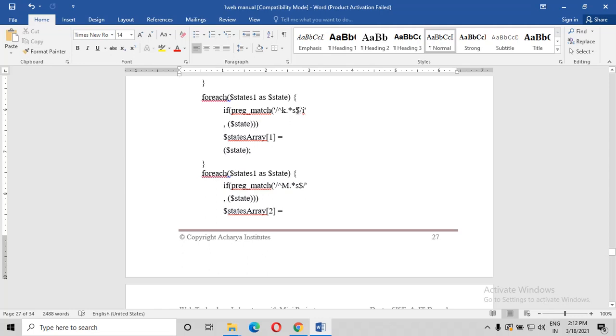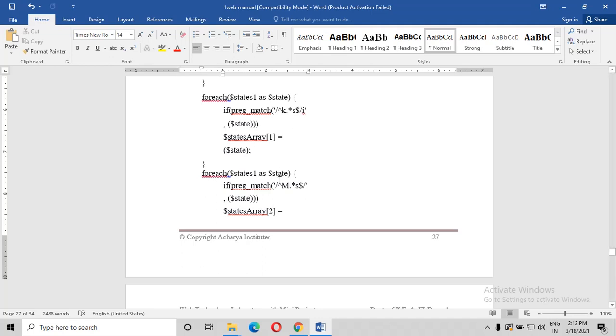We saw xas earlier, where ends with only was there, so we used only $. Now begins with K, many more characters can come inside that, ends with S. Along with that, they have given case insensitive, so forward slash and i you have to use, and the same thing continues.